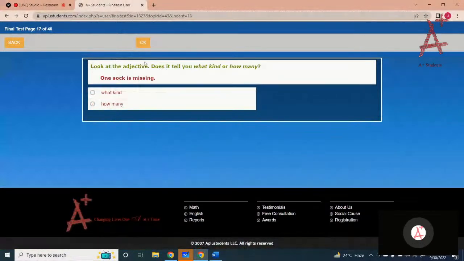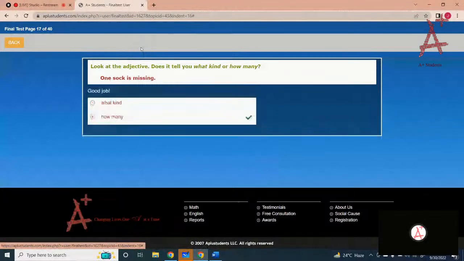Okay, look at the adjective. Does it tell you what kind or how many? So the sentence is: One sock is missing. So here one is the adjective and tells you how many. Got it. So you can complete the test